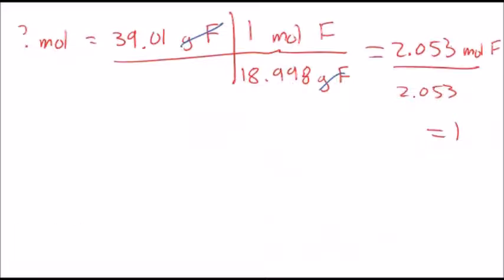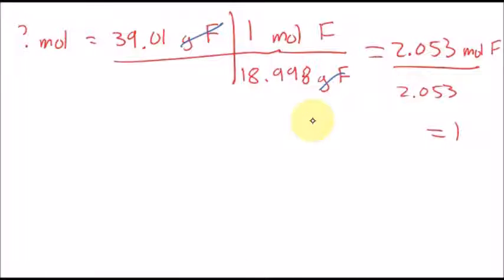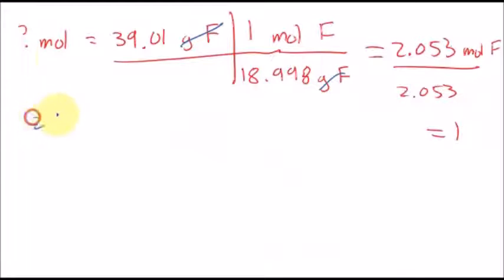So from here, let's look at our numbers. 2 1/3, 1 2/3, and 1. So we can't take this and make that our formula. We can't have fractions within our empirical formula. So what we're going to do is, let me write those numbers down here. 2 1/3, 1 2/3, and 1. We're going to have to convert this to whole numbers. So the easiest way to do that, just to get rid of these 3's, is multiply all of these numbers